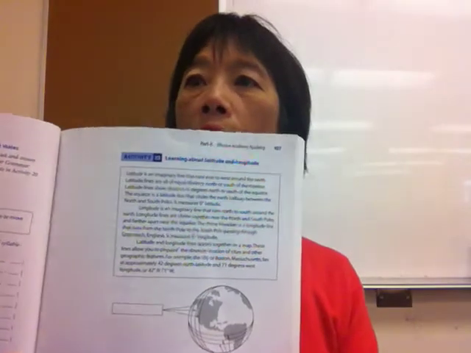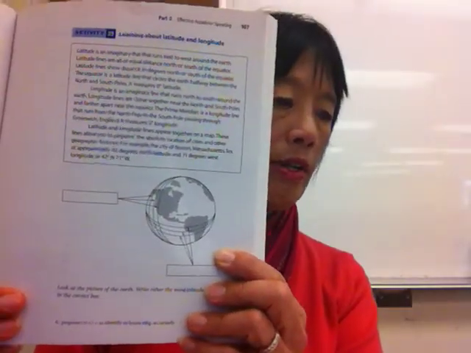Let's take a look at activity 23. And what are we doing? We're learning about latitude and longitude. I don't have my globe here, but I showed you that before, and you can see a picture in our book. All right, so latitude and longitude are the